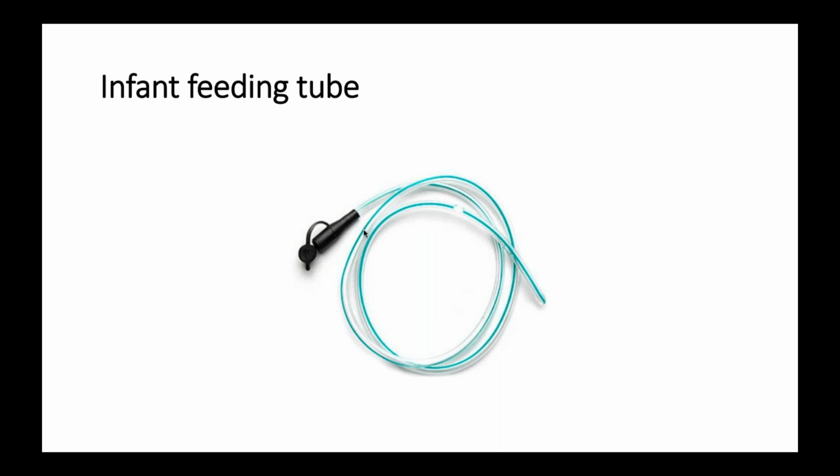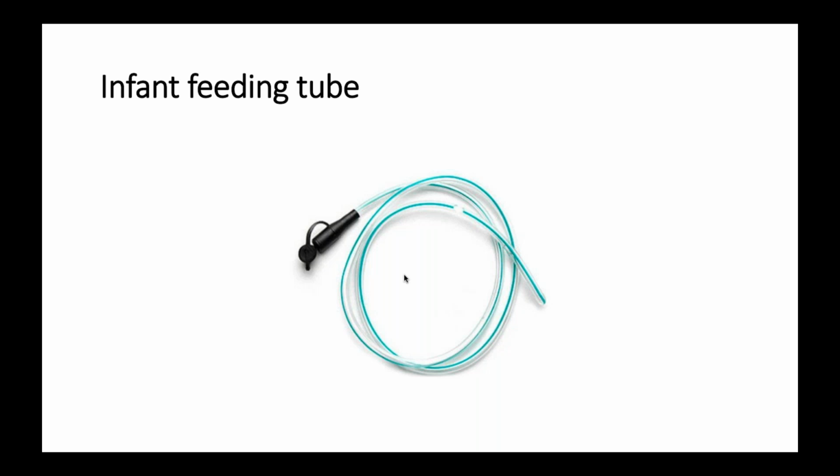And usually all these tubes which I've shown you, the endotracheal tube, the Ryle's tube, the suction catheter, etc., they are all radiolucent. So if they are inside the body, you cannot see them unless they have this green line. So this green line is a radio opaque line. So when this tube is inside the body and you take an X-ray, you will be able to judge the position of the tube with the help of this green line.